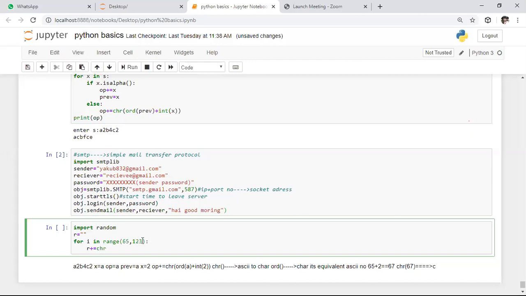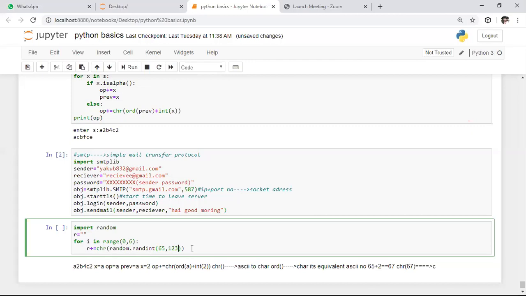I want to generate an OTP with the range 0 to 6. After this, I want to convert the random character, so I take the help of the random module: random.randint. Every time I want to generate one random number in the range of 65 to 123. It is the range of alphabets only.